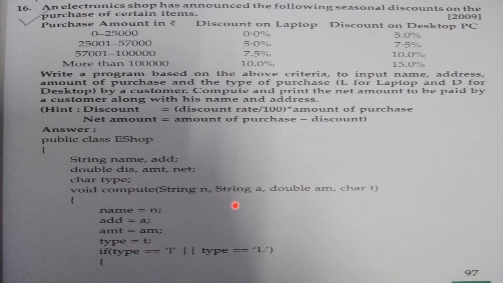Only these we will pass. Some children make this type of mistake. They pass the discount and net amount. No, because these we have to calculate, so we cannot pass them. Only those variables we will pass through which we can pass the input.